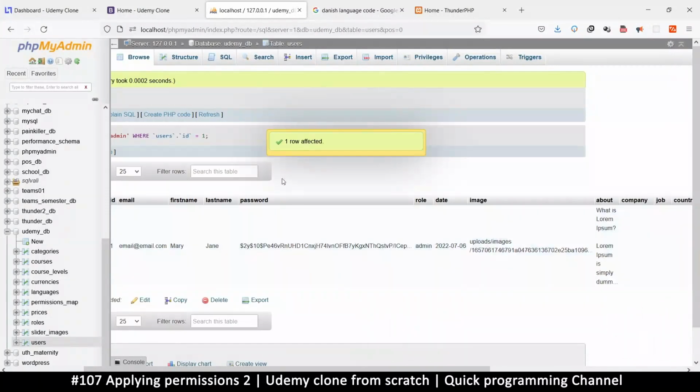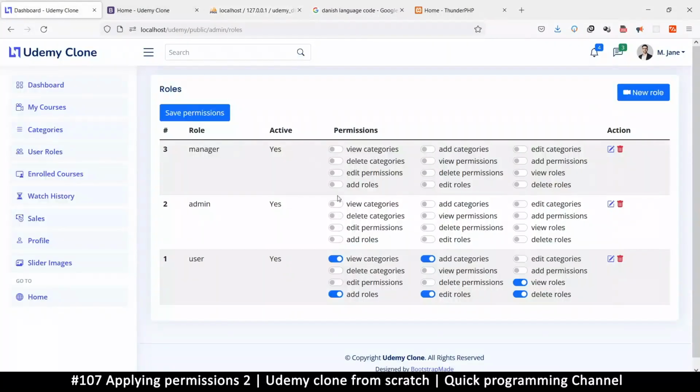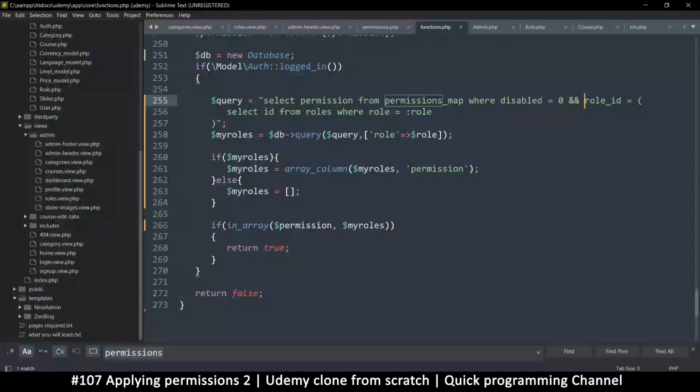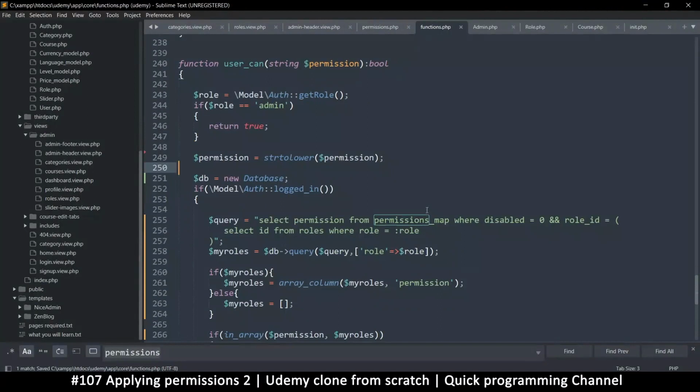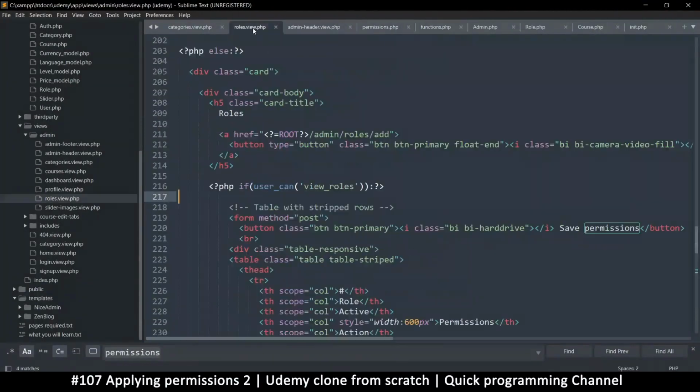So now I'm an admin, but I have to log in again for that to be saved in the session. But before we go there, since I already have access to this area here, if I come back to the user can function, you see that if somebody is an admin, they automatically have access to everything. So that's fine. So what we need to do now is inside the rows view,